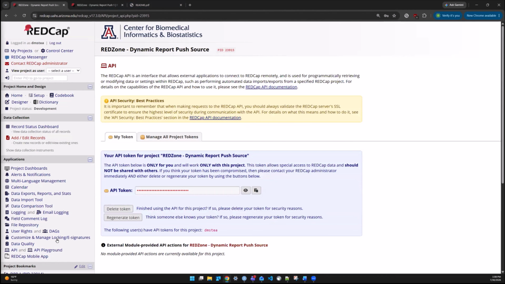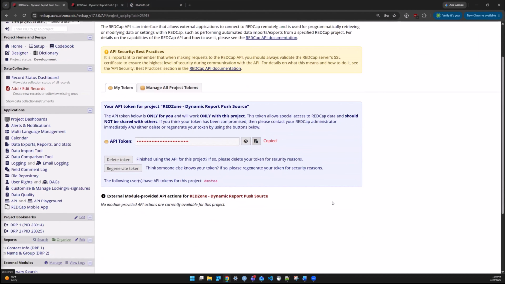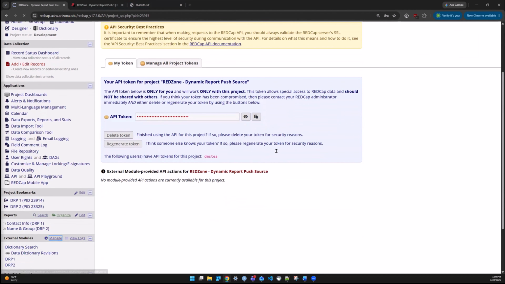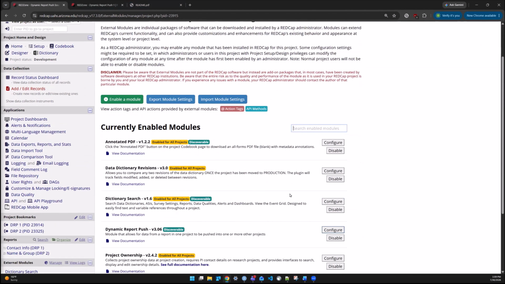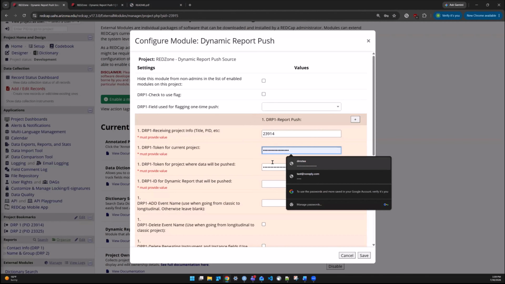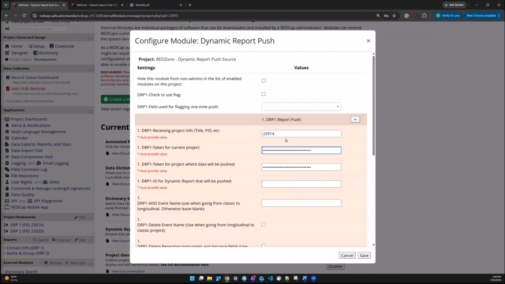Same thing, API menu. We copy this over and add it in right here. Okay, so we have our API tokens, we have our target project ID. The next thing we need is the report ID for the report that we're going to push. Now, where can you find the report ID? That is going to be